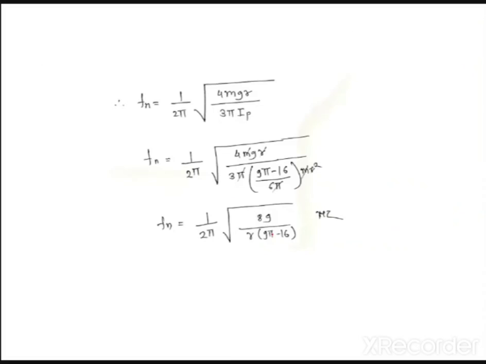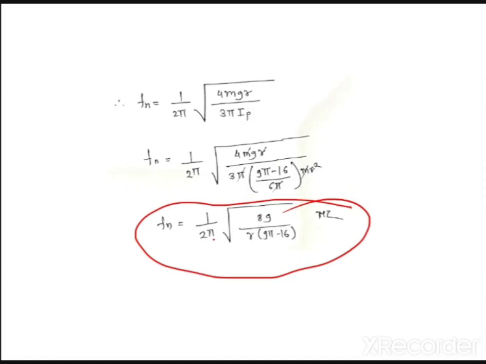Okay. And now you can put this Ip here. So ω is equal to the square root of 4mgr times 3π upon Ip. Put Ip here and finally you will get ωn. Finally you will get ωn, that is fn. Sorry. Now tell me, have you